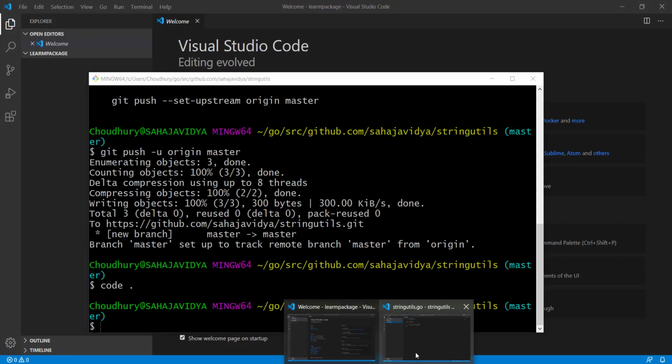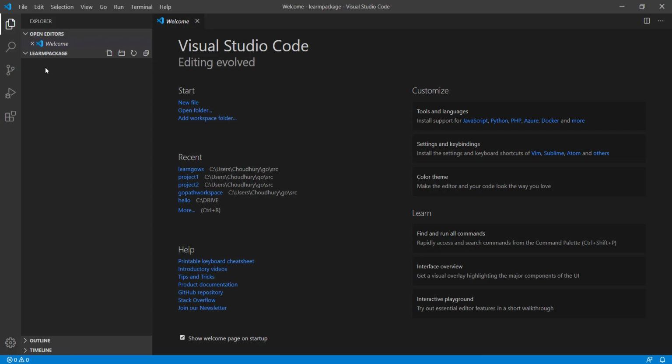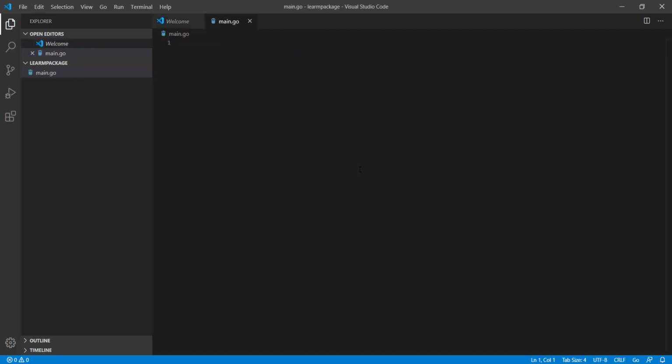For that, I have already opened Visual Studio Code. I gave the wrong name, learn m package. Here we'll create a new file called main.go. The first line of the program should be the package name. We're going to write our main function, so we provide package main, then func main, fmt.Println.